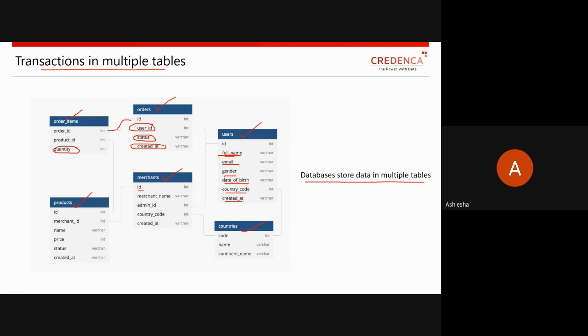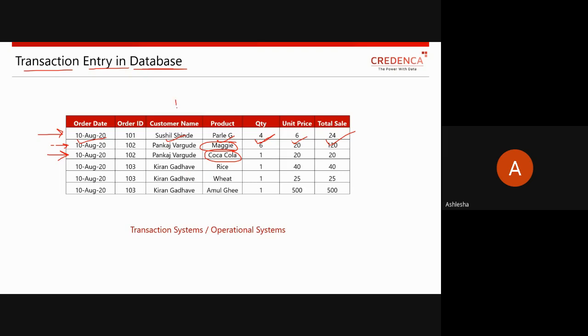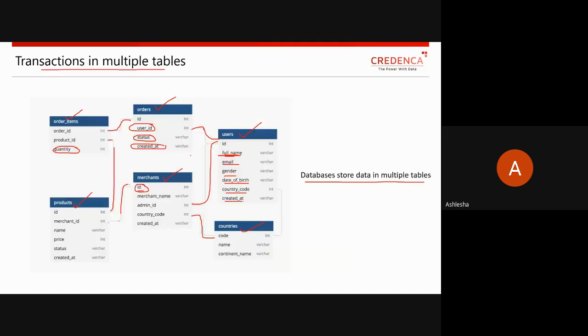Here you can see those links. There is a connection between each and every table, and you can access the related information based on some common key value. That is a part of data modeling. We will discuss that in detail in the upcoming sessions, but this is where a single table won't help you maintain detailed information. You need to maintain data in a multiple table format.